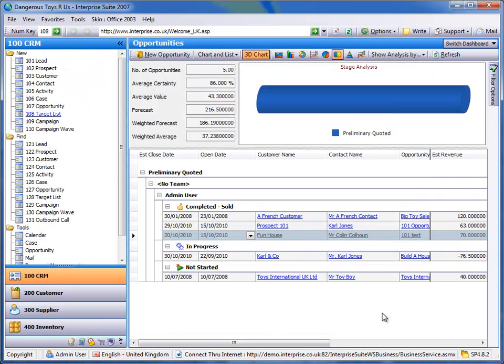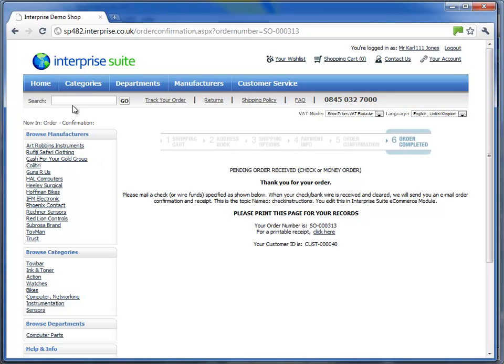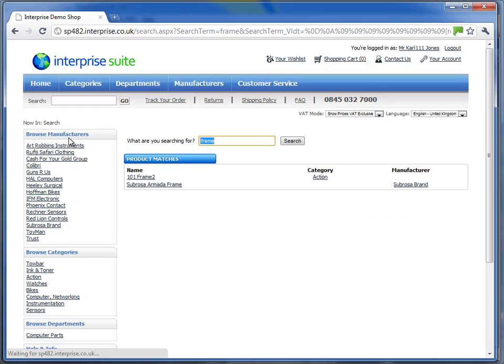for a later date. The final thing I want to show you in Interprise Suite is the ability to pull orders in from your website. Obviously Interprise is a standard ERP application, but what it also enables us to do is bolt on e-commerce directly into the database. So if we pull up our shop that we've got here, this is connected directly to the website, the database